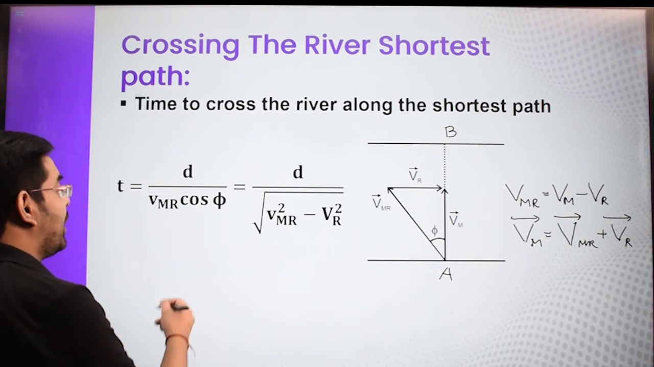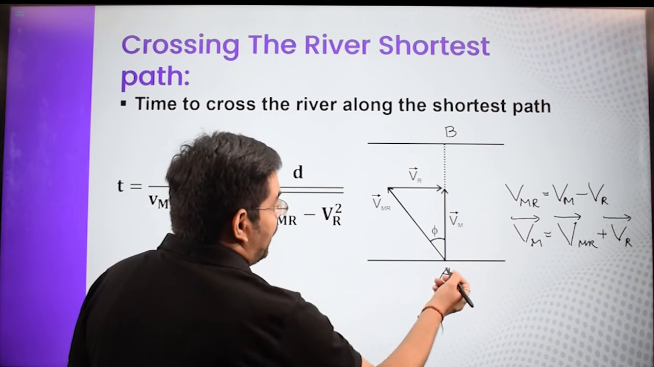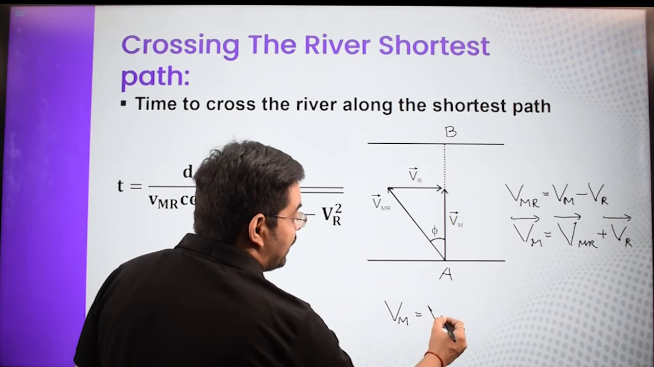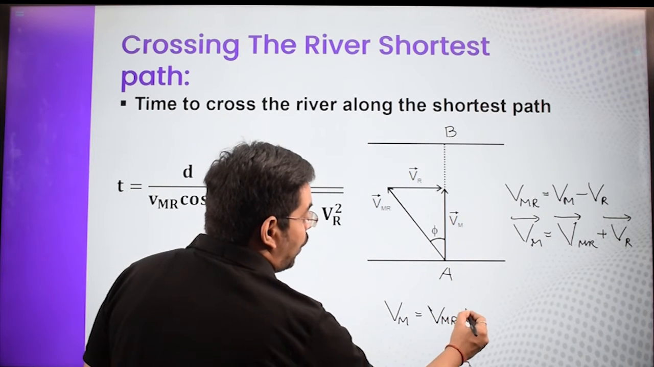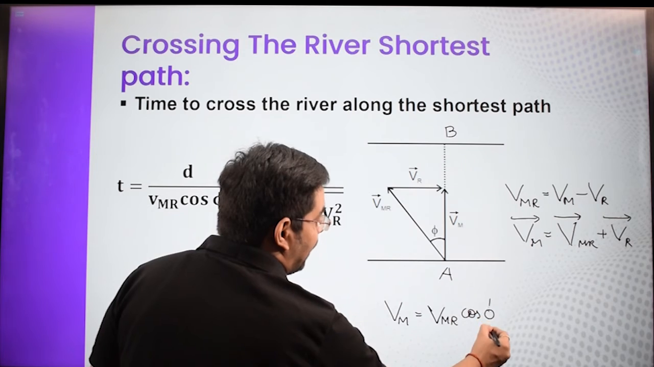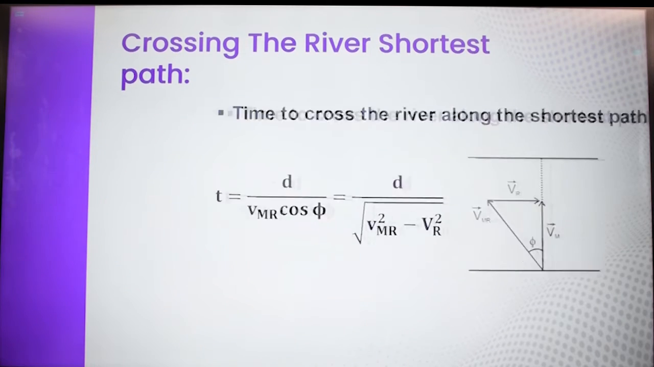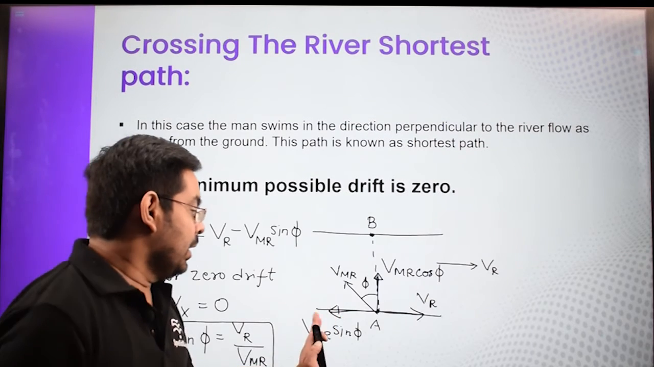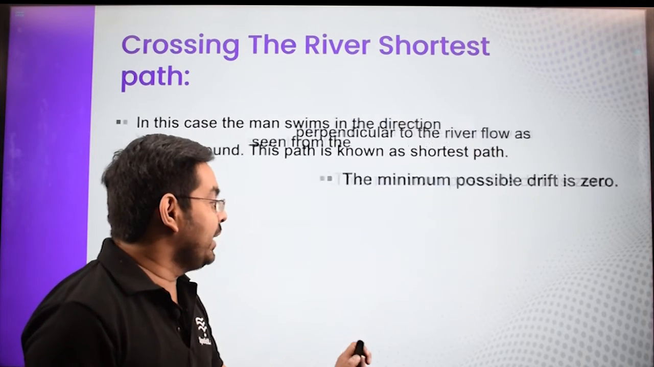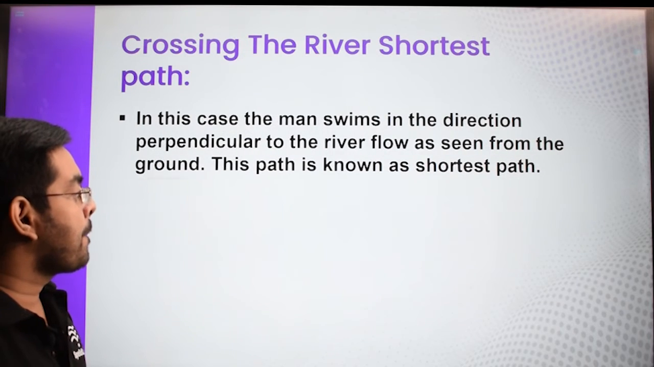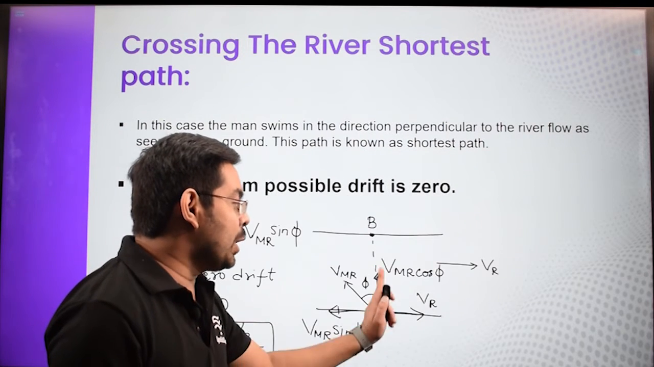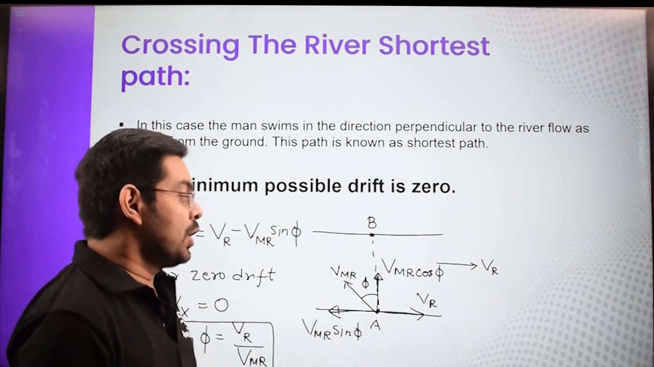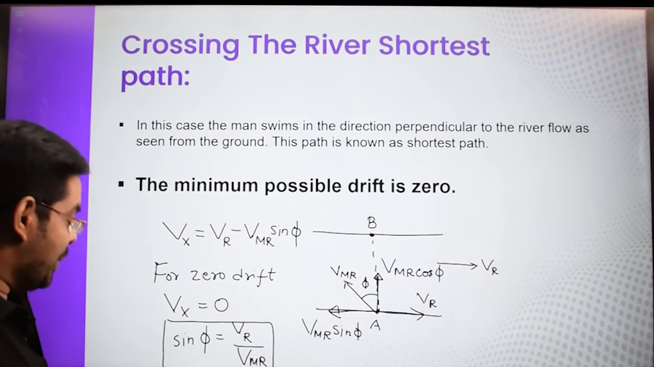So clearly that Vm, the remaining velocity, is actually Vmr cos phi. We had seen in the previous slides. Let me explain it to you again. We had taken the components. See, since x velocities were cancelled, only y velocity, that is Vmr cos phi, will be left, which will take him across the river. So suppose the width of the river is d,